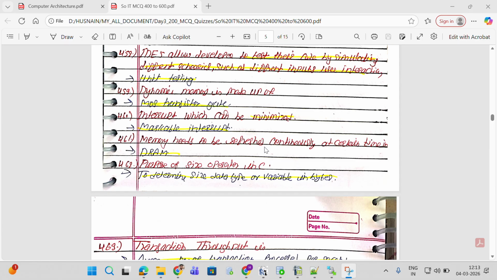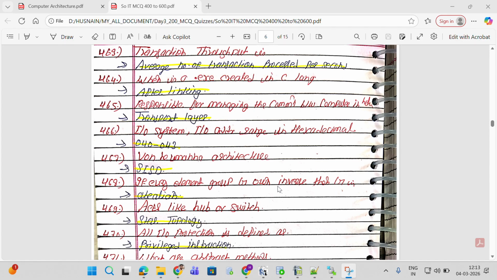Memory needs to be refreshed continuously at certain time in DRAM. Purpose of sizeof operator in C: to determine size of data type or variable in bytes. Transaction throughput is average number of transactions processed per second. A .exe created in C language after linking, responsible for managing the communication between computer in